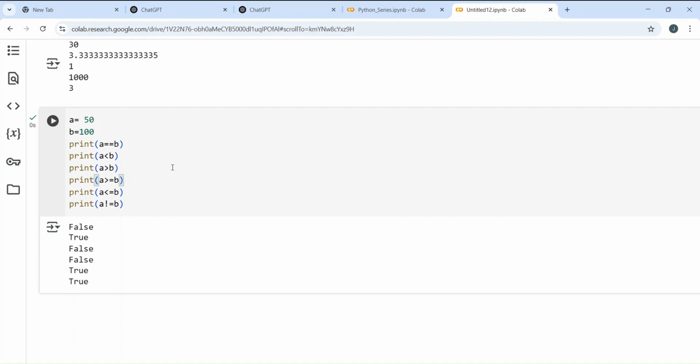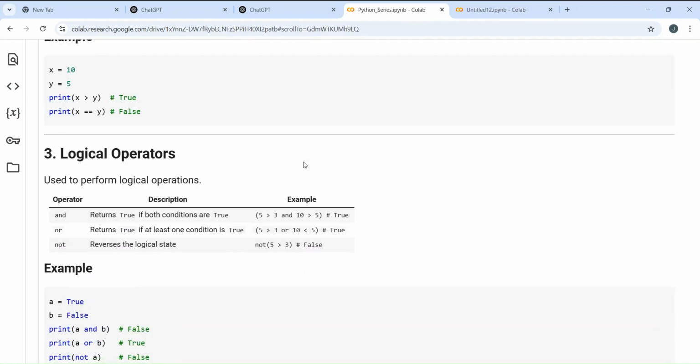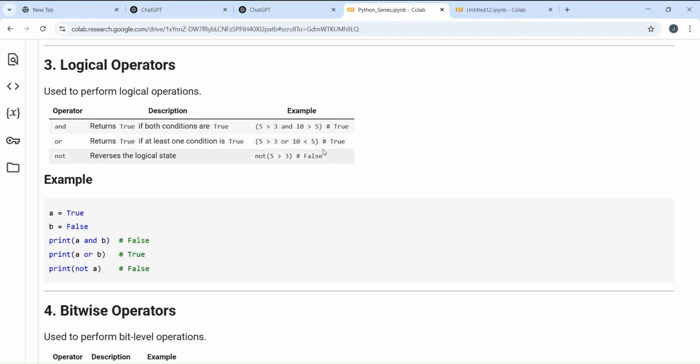Now we have covered two types of operators. One is arithmetic operators, the other one is relational or comparison operators. Similarly, let's switch to the next operators, which are logical operators. You guys have read about logical gates like and, or, and not, right? Maybe in your intermediate or in any of the electrical subjects. So here also we are going to use and, or, and not. These are not gates here, but these will act as conditions.